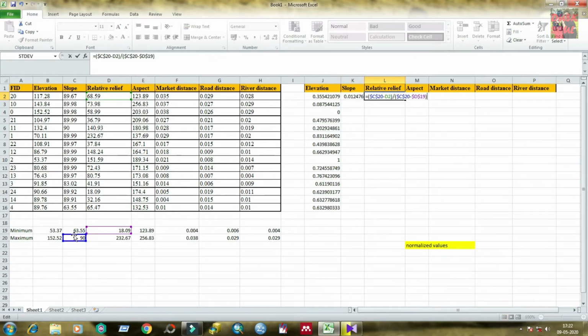Change the minimum and maximum value from slope to relative relief.